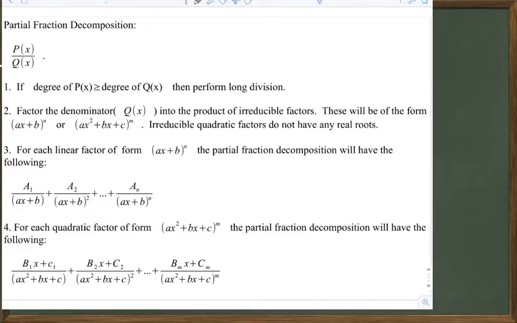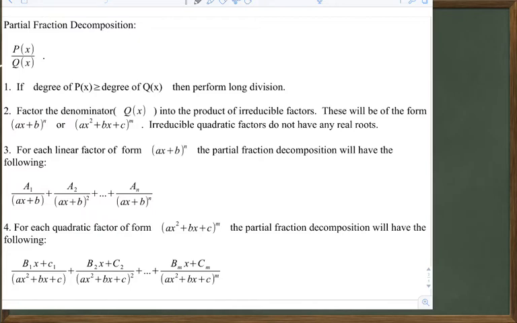For each linear factor of the form (ax + b)^n, the partial fraction decomposition will have the form A1 over (ax + b) plus A2 over (ax + b)^2 plus and so on, plus An over (ax + b)^n. For each quadratic factor of the form (ax^2 + bx + c)^m, the partial fraction decomposition will have the following form: